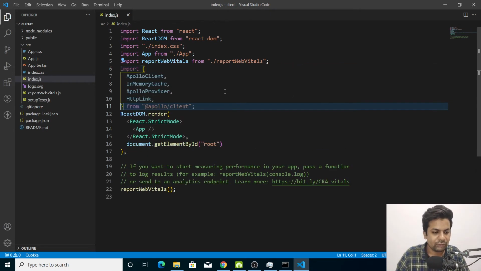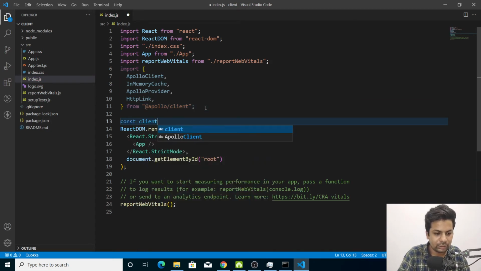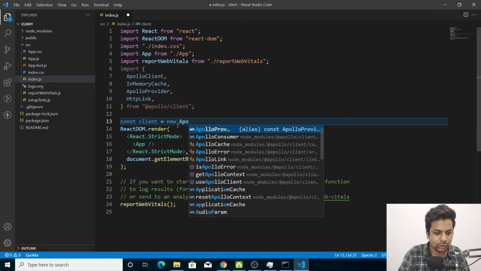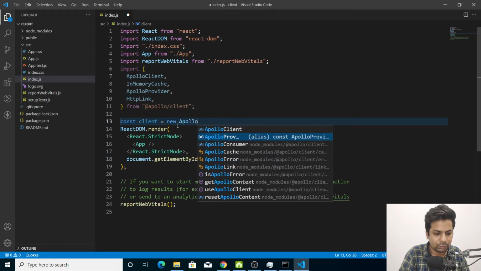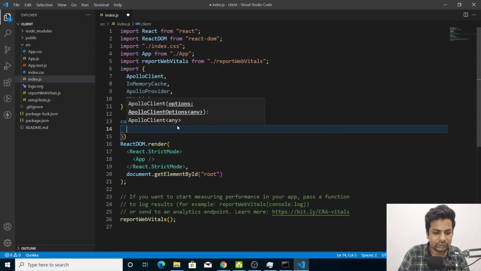After that, we'll say const client equals to, we have to do these changes in the index.js file. Okay, client will be new ApolloClient, and here we'll pass some key value pairs.